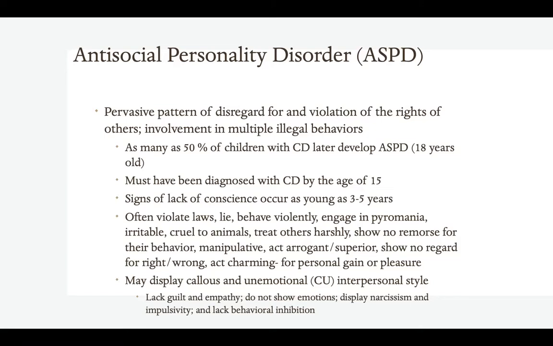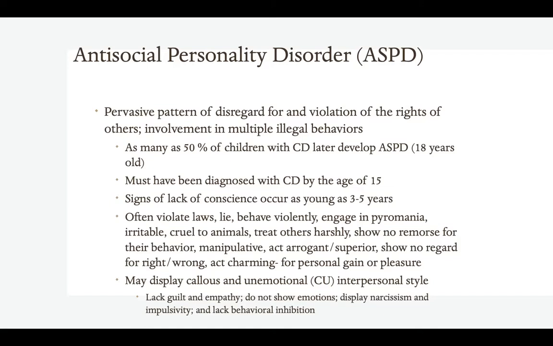And again, this being an adulthood disorder, ASPD, we have to look at the early prevalence, the early ideas of what led to it, which is conduct disorder. In order for them to be diagnosed with ASPD, the DSM-5 says they should have already had conduct disorder by the age of 15, leading into ASPD in adulthood. They also show signs of lack of conscience very early on in their life. So really, not choosing right from wrong the way that society believes you should.